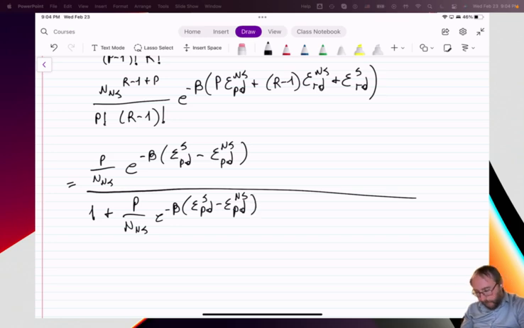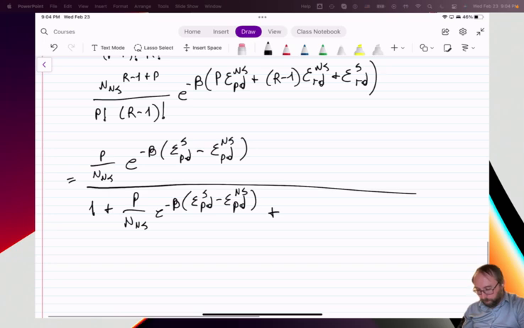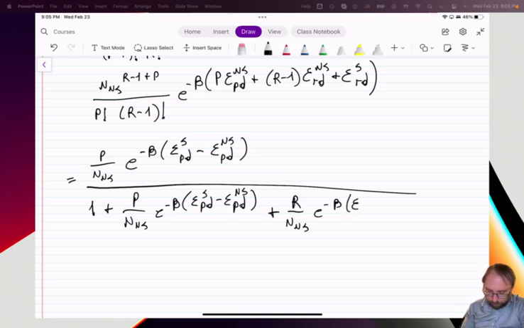Okay, and if you go through the math for the last term, what you're going to see is that it's going to give you r over NNS e to the minus beta epsilon specific RD minus epsilon non-specific RD. Okay,